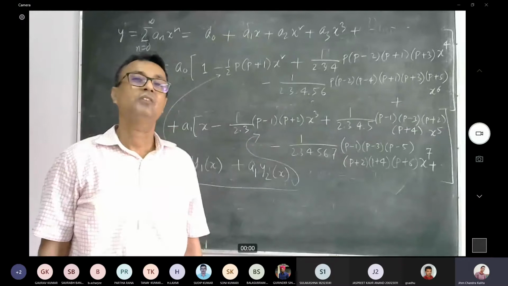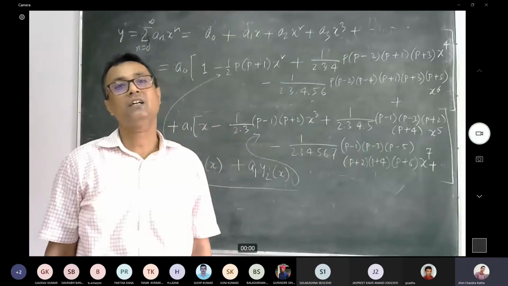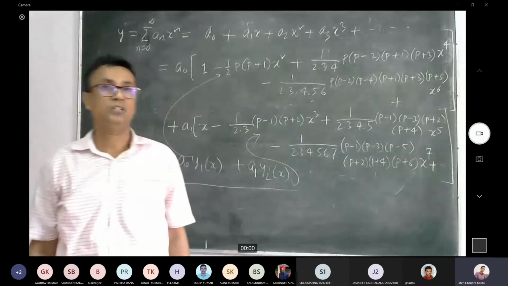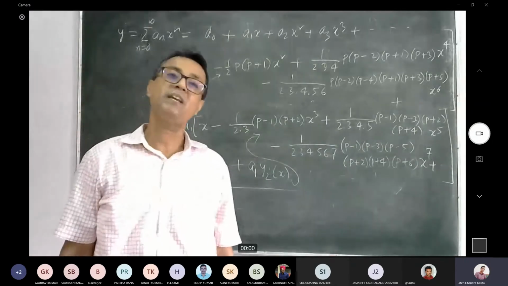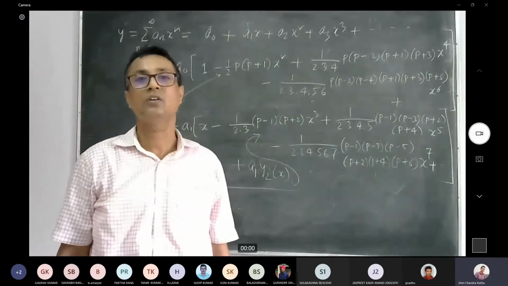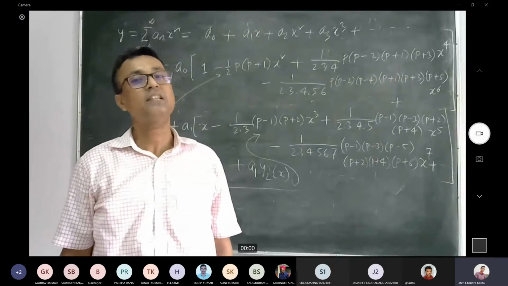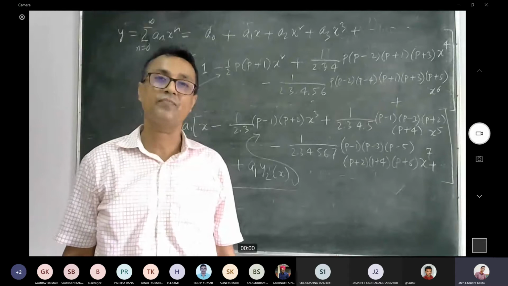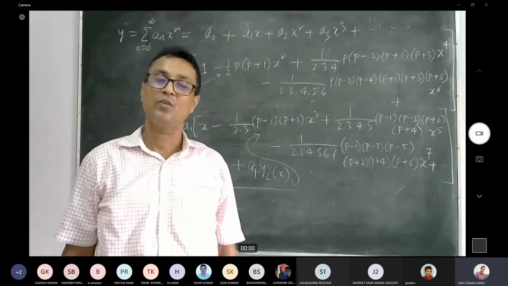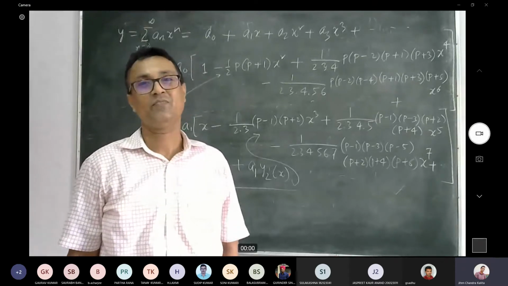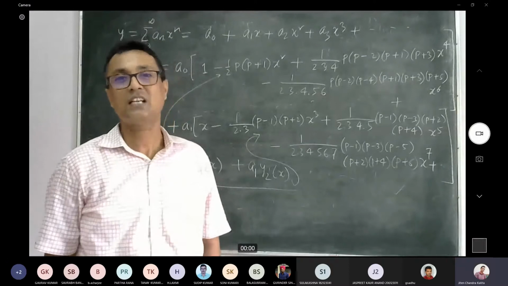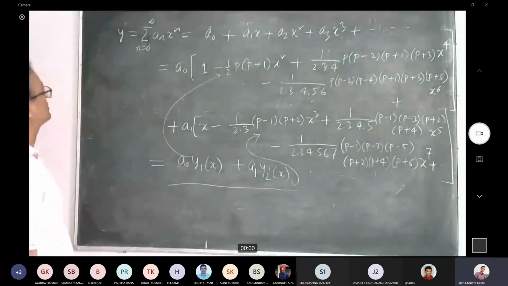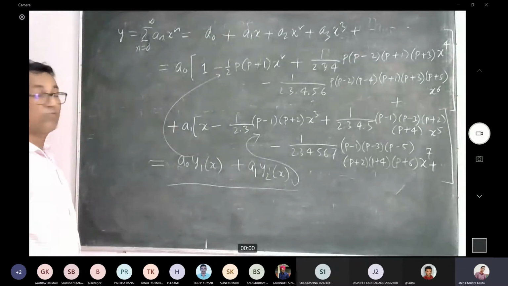So that should give you an idea that if we use power series expansion as our solutions, it may not necessarily land you in some elementary function or combination of elementary functions. Fine. We may not be that lucky. That is my point. Now let us try to find out